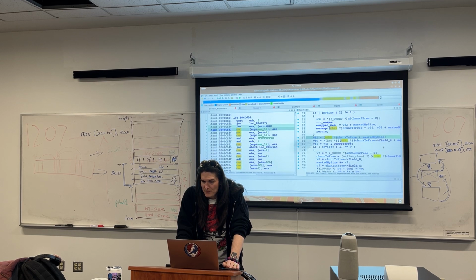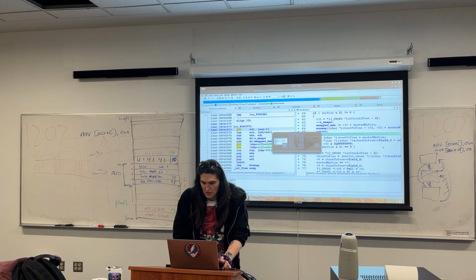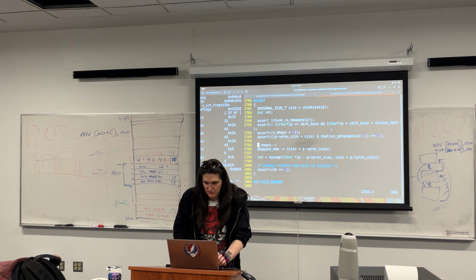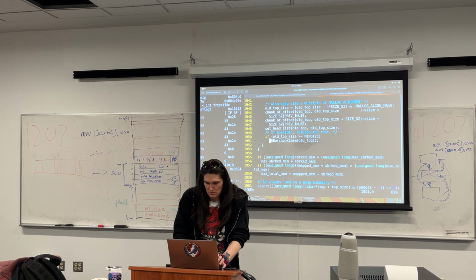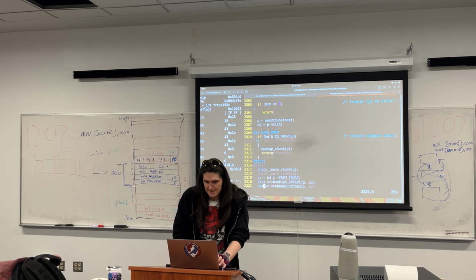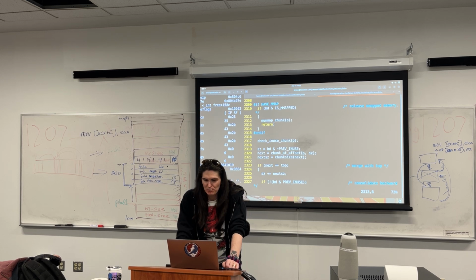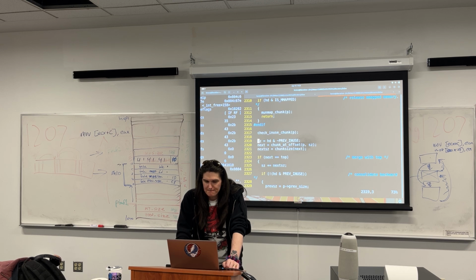Okay, so then what happens immediately after our, back to free, and say what happens after this block, this nmap block. Well, the first thing is a check for in use chunk, and then it does a bunch of other mapping. It says our size is going to be equal to whatever that header is, and removing the prev in use, so that removes the flag. It's going to find our next chunk by using the my size with this macro, chunk at offset macro, and it's going to get the next size from next, so it finds the next chunk and it gets its